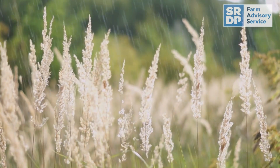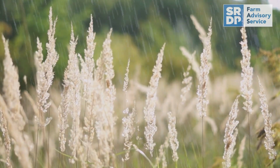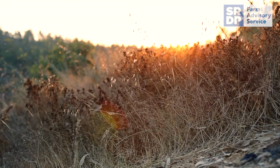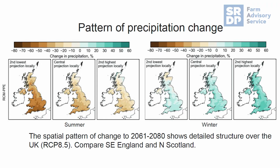For the UK, the projections show an increased chance of milder, wetter winters and hotter, drier summers, along with an increase in the frequency and intensity of extremes, such as the summer heatwave experienced in 2018. Rainfall patterns across the UK are not uniform and vary on seasonal and regional scales, and will continue to vary